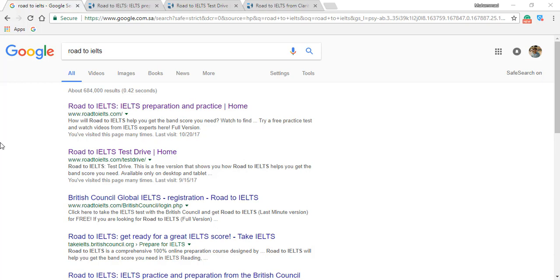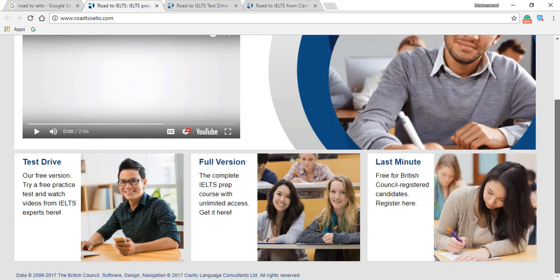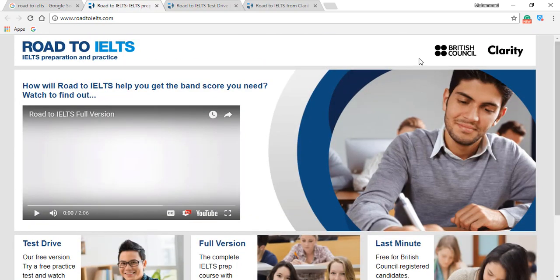And this material is provided by the British Council, and it is officially organized by the British Council and the Clarity. So, in order to access this material, all you have to do is to type Road to IELTS in the Google search bar, and then you will open the very first link available. And after opening this link, you can clearly see that this is provided by British Council and Clarity,